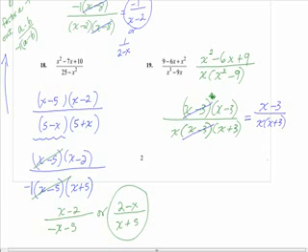Now go ahead and tell me what the excluded values are. There should be 2. Coleman? 0 and negative 3. Good. Good, good, good. All right,